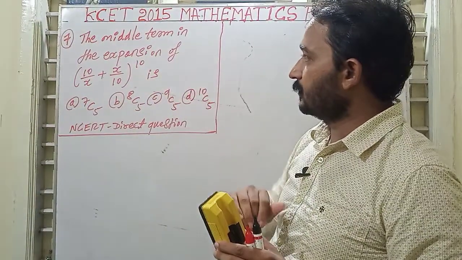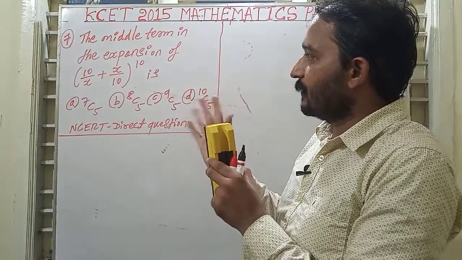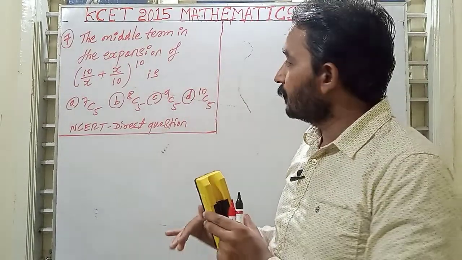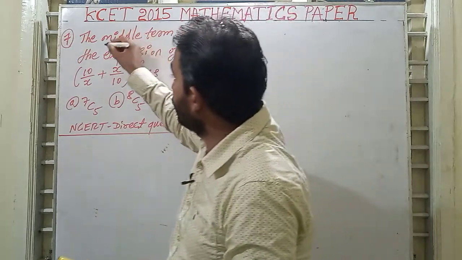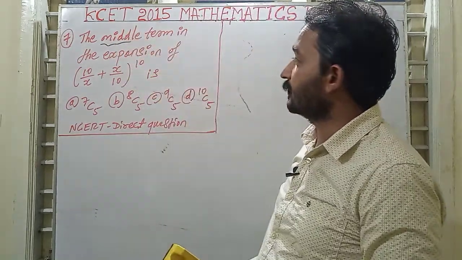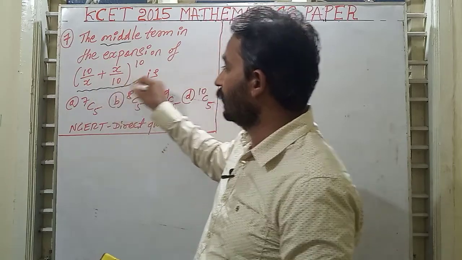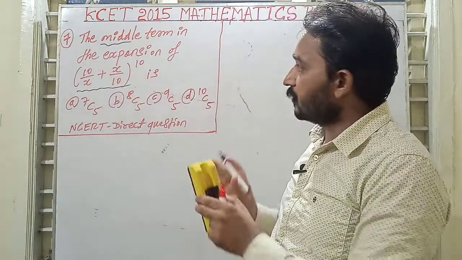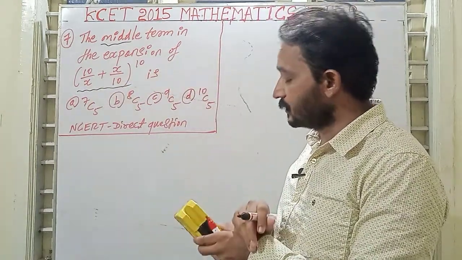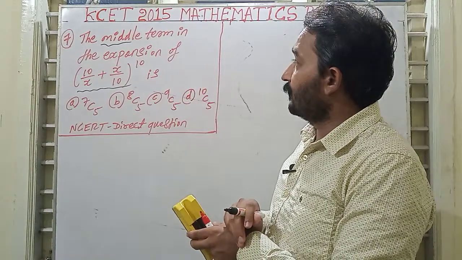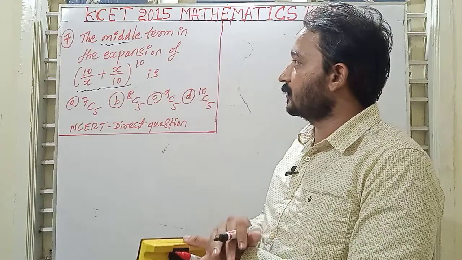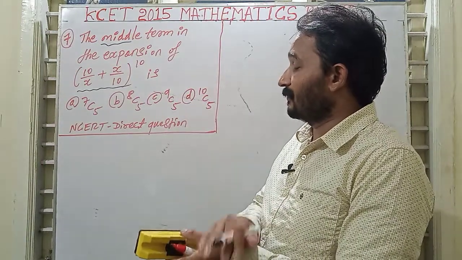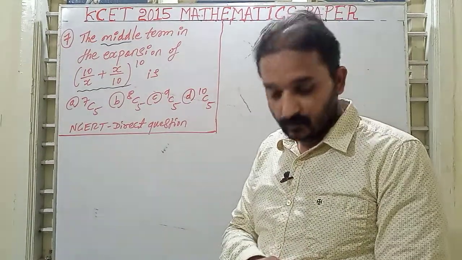Question number 7. This question depends on the binomial theorem, particularly the middle term. We have to find the middle term in this binomial expansion. To solve this question, we need formulas. First, we find which term is the middle term, and then find that term using the general term. Okay. So first,